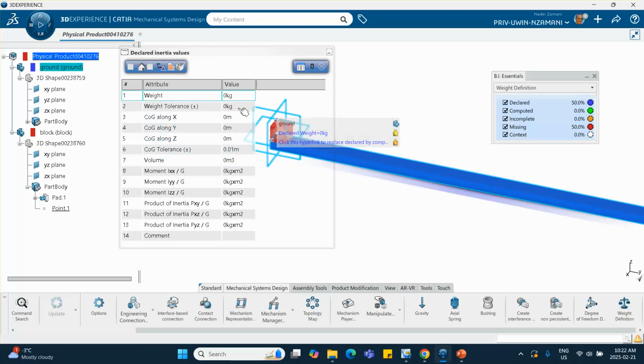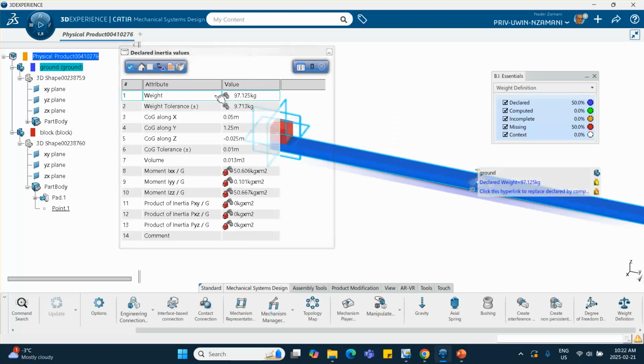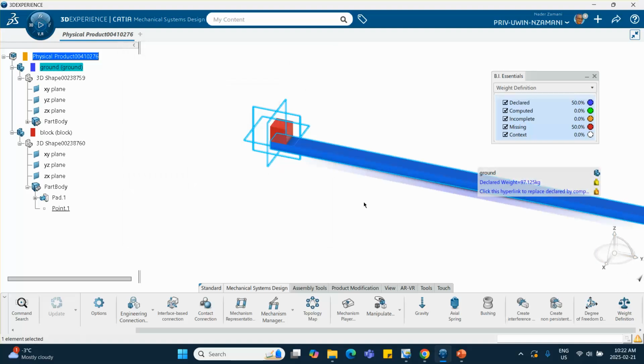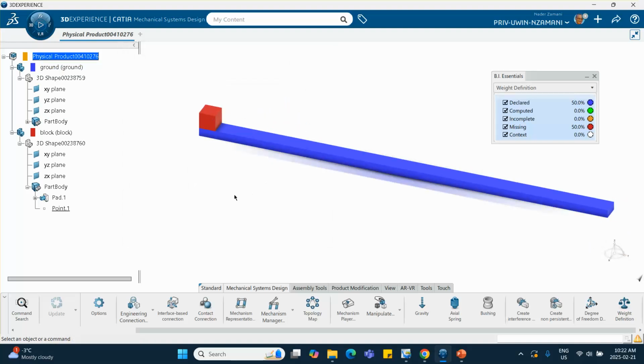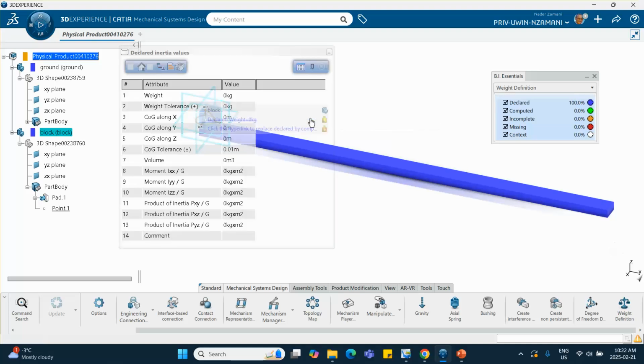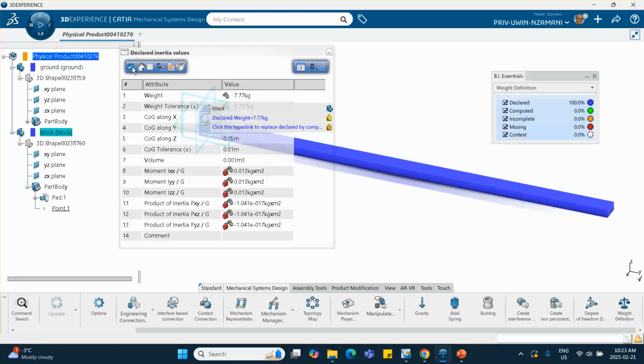That means that the properties of steel are going to be used for this ground, but that's totally irrelevant because the ground does not move. But that's fine. So notice that it turned blue, which means that the property is defined. And I do the same thing for the block. Again, click on the hyperlink, put properties of steel on it, but then I'm going to change that thing to be